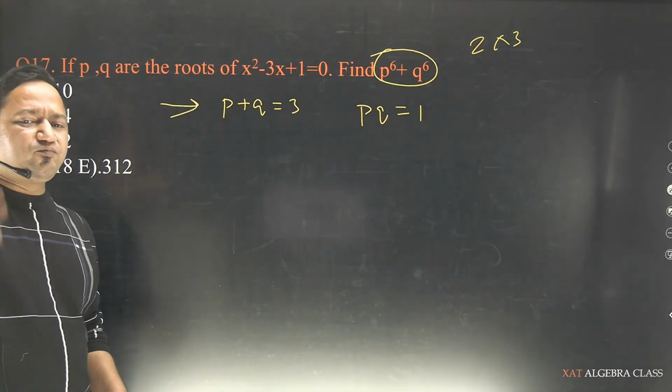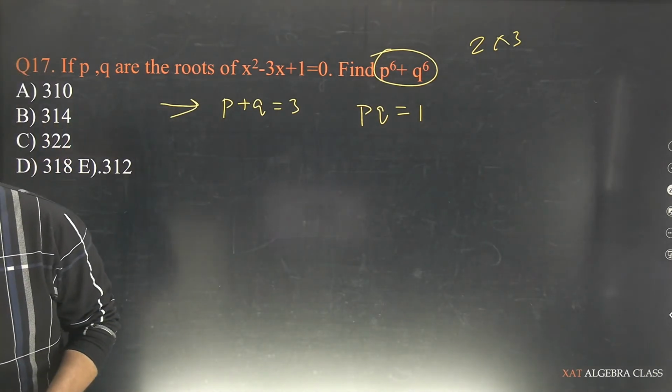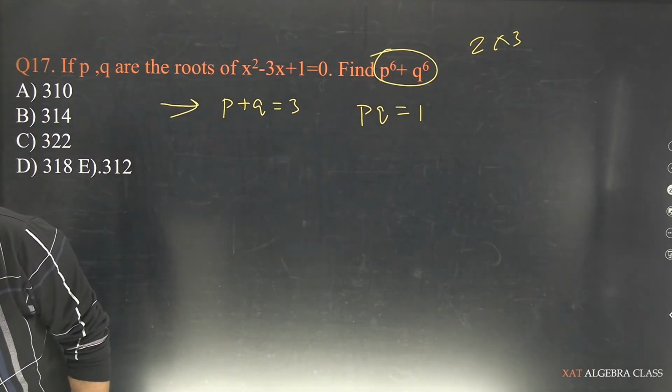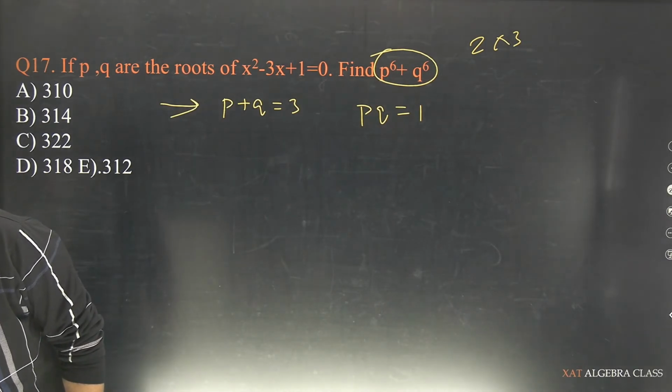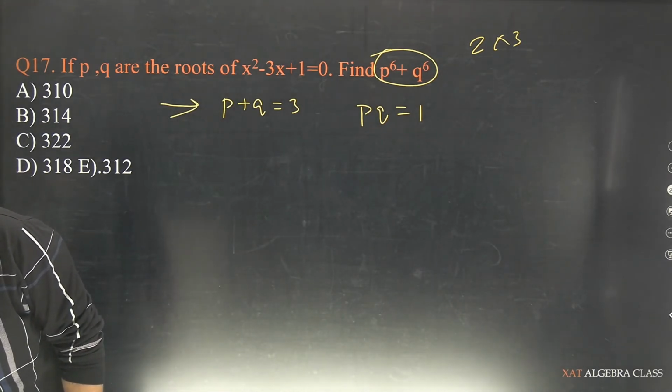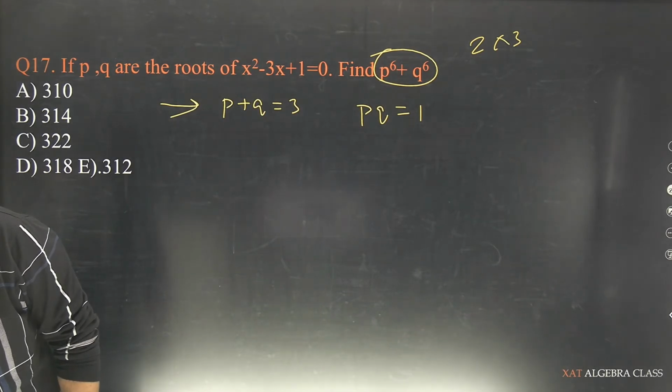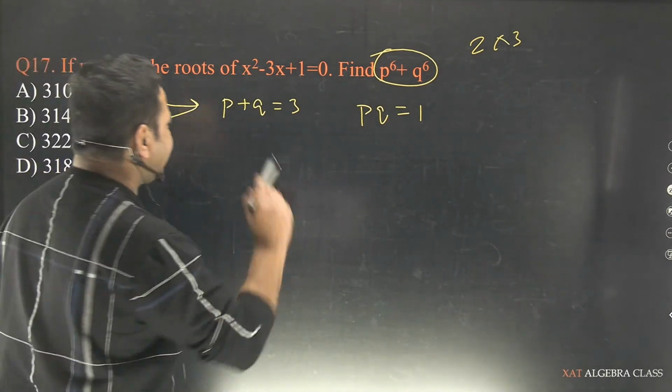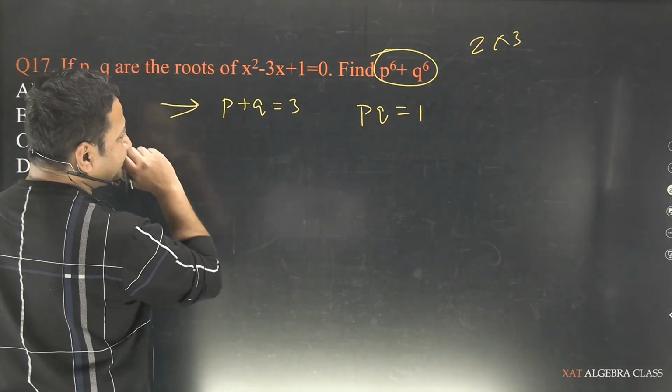So I'll take the cube first and then I'll take the square. Is that understood, guys? Tell me, everyone. This is something which all of us need to understand, what to take and when to take. Clear? So taking the cube, I'll get